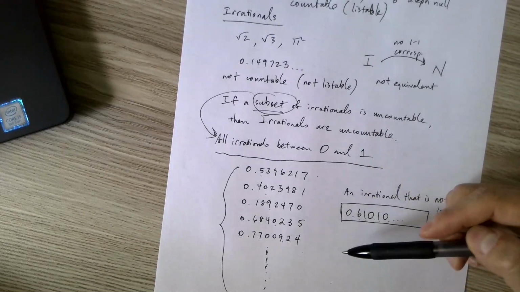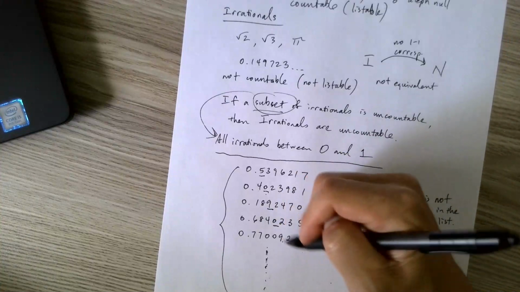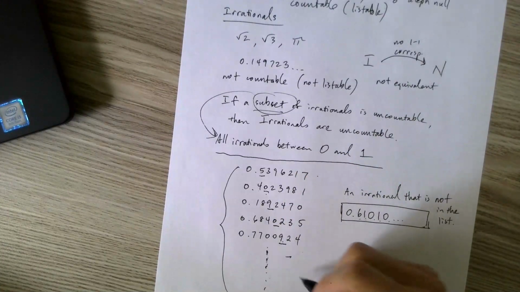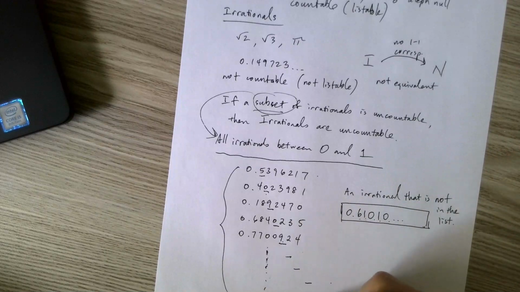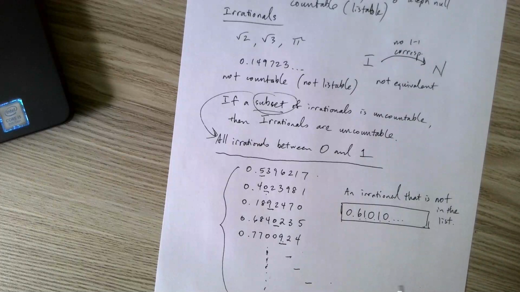And I continue to do that. I changed this one in the first number, then this, then this, then this, then this. And if I had written more numbers, I would have done the same thing. I would have continued to change these digits in the number, always ensuring that there's at least one digit that is different in my number than any number in the list.